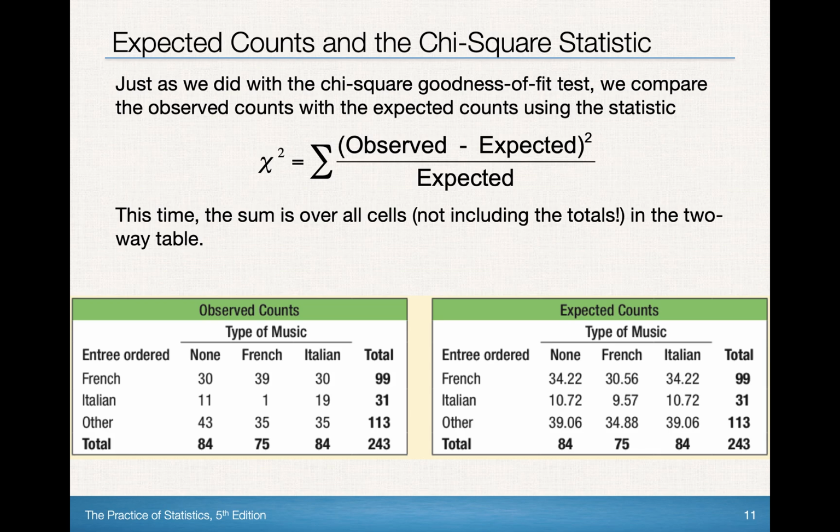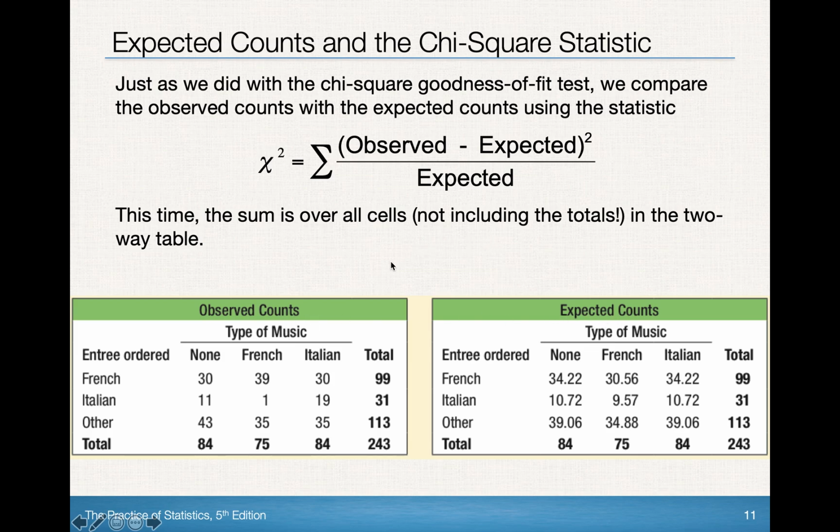So, just as we do with the chi-squared test for goodness of fit, we want to compare the observed counts with the expected counts using the statistic chi-squared, which is just observed minus expected quantity squared divided by the expected, and then we add all of those values together. Okay, so in our two-way table, on the left side you'll see the observed counts,